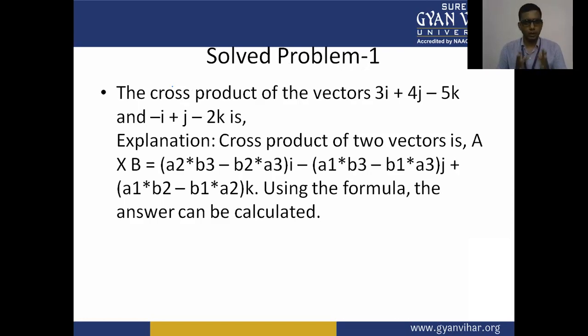Solve problem number 1. The cross product of the vector 3i plus 4j minus 5k and minus i plus j minus 2k is